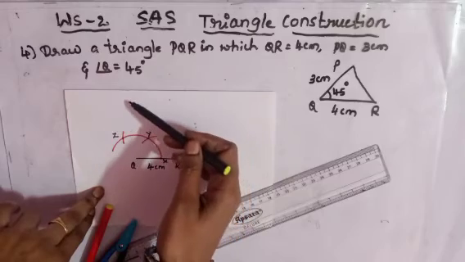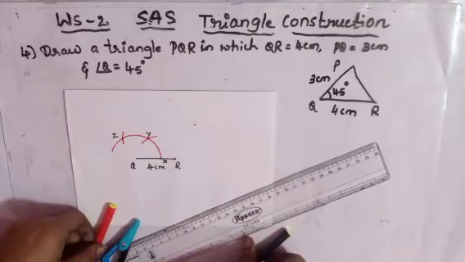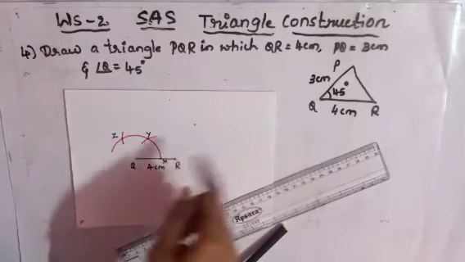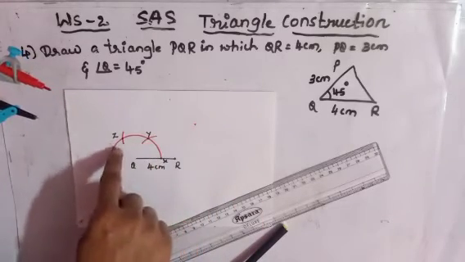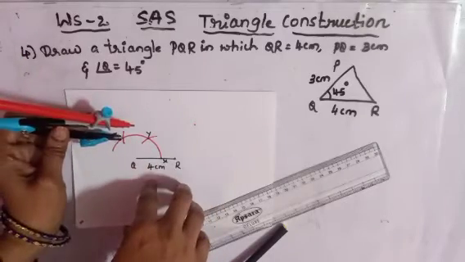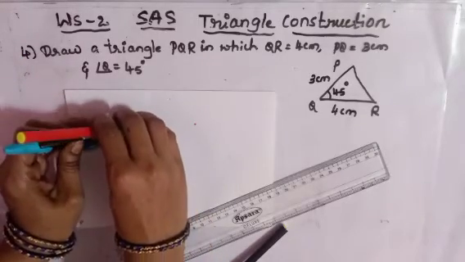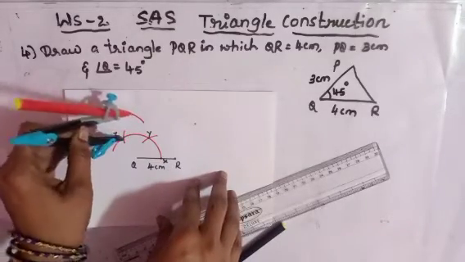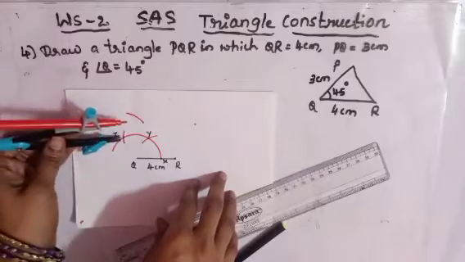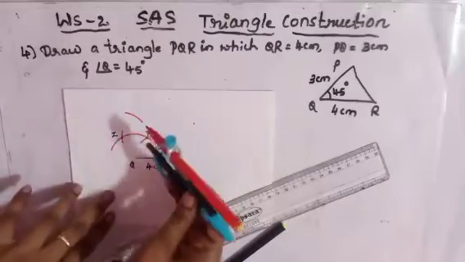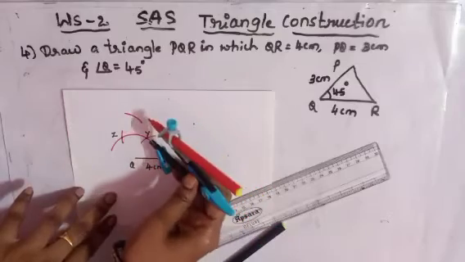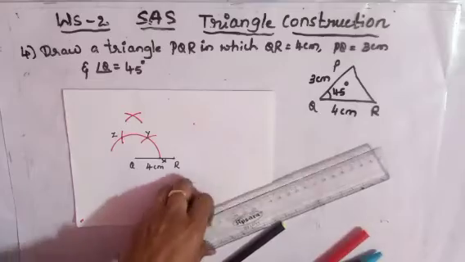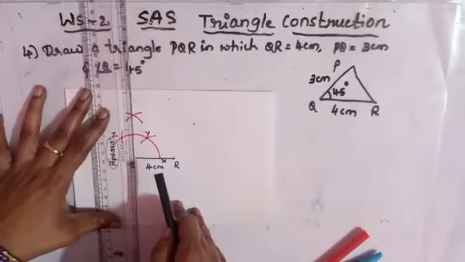So first we had to draw an angle of 90 degree. So 90 degree will be between 60 degree and 120 degree. So place the compass at Z and draw an arc. With convenient radius you can take. Again with same radius, don't change the radius, place the compass at Y, draw one more arc. Where these two arcs intersect, draw a line.